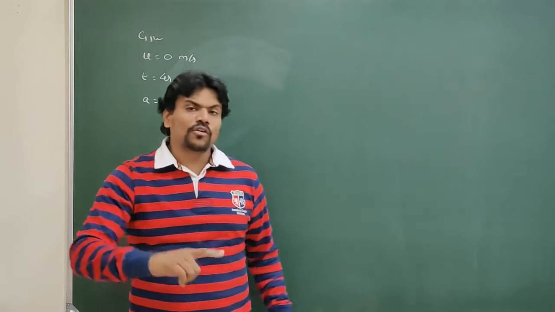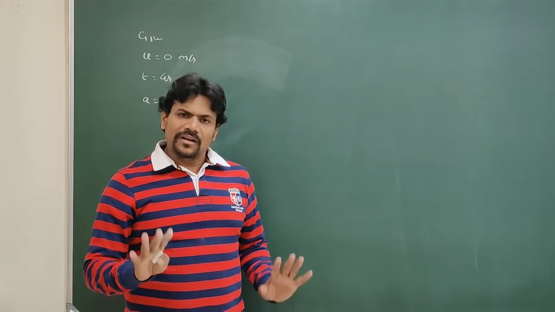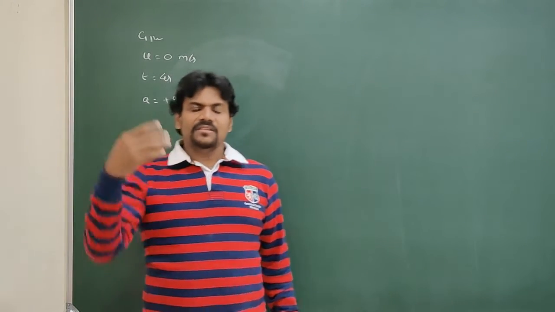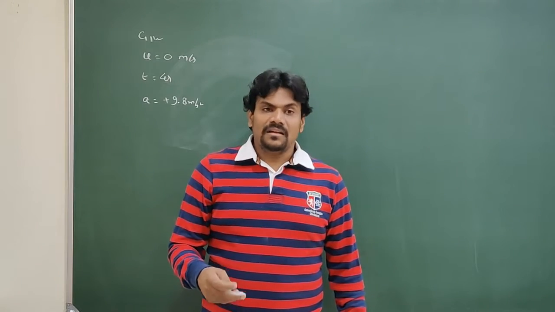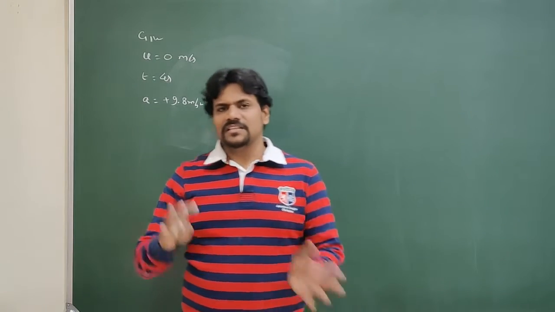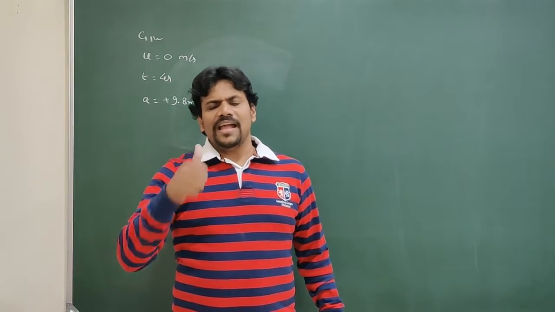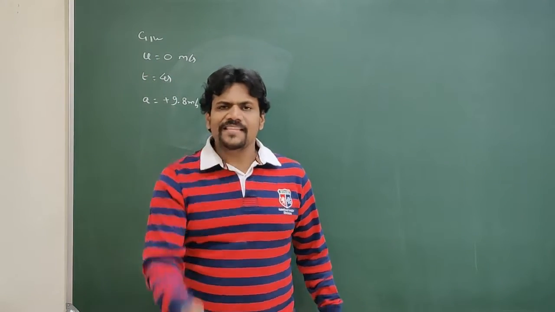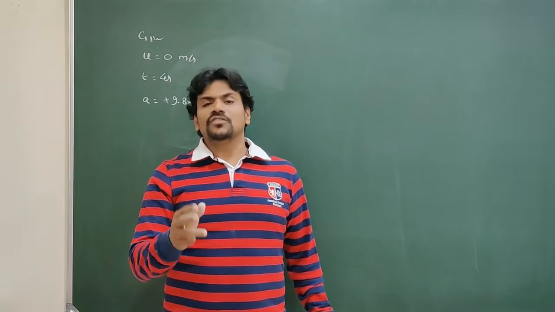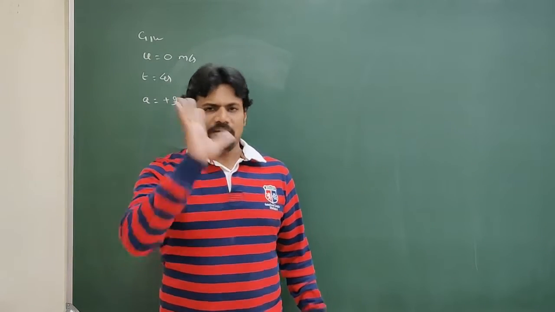So all the questions I'm going to give you today in this video are all 9th class level. When we do the 11th class level, when we understand the positive and negative, then we will see something else. For the moment, anything coming down, velocity increasing, acceleration is plus 9.8, plus g. Anything going up, the velocity is decreasing, acceleration is minus 9.8.